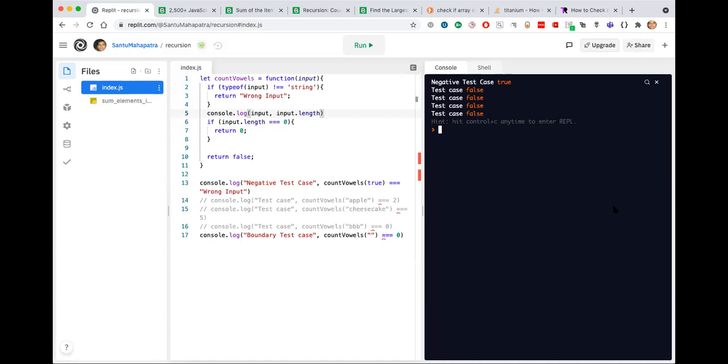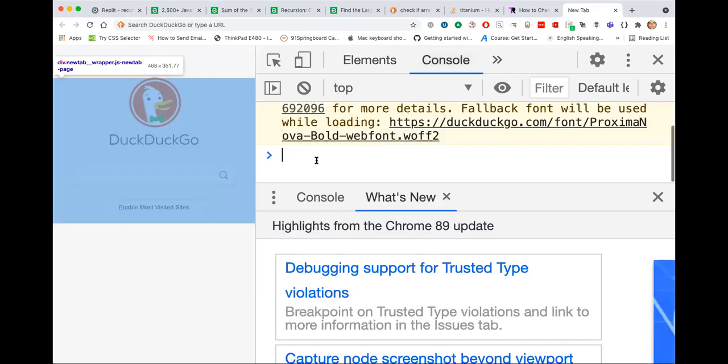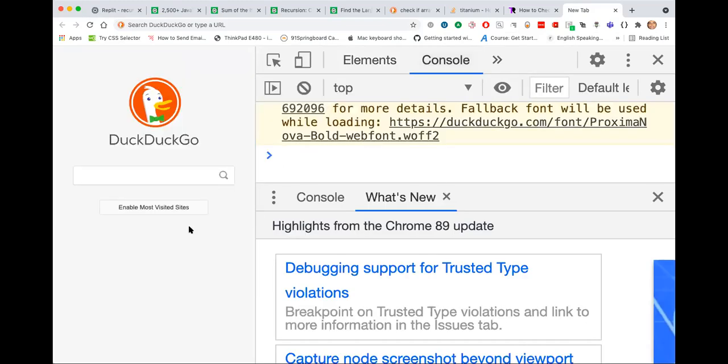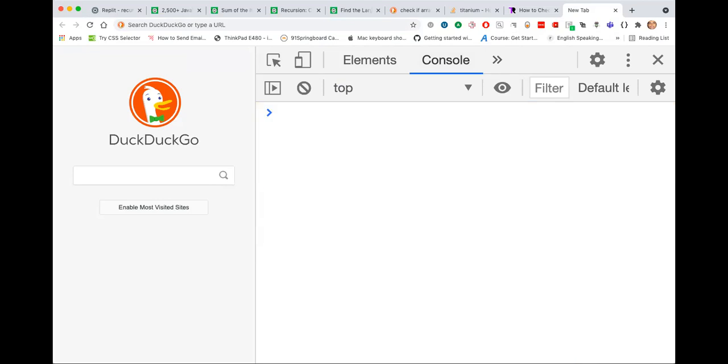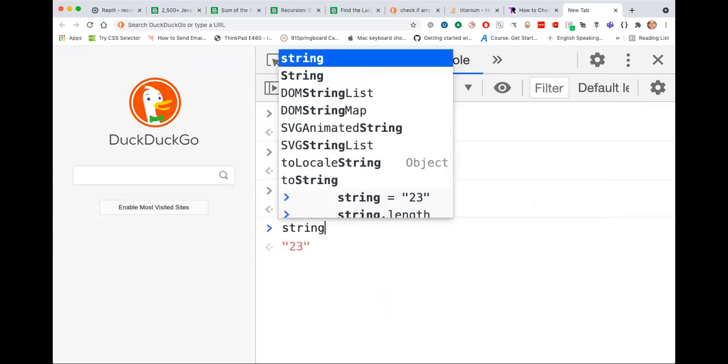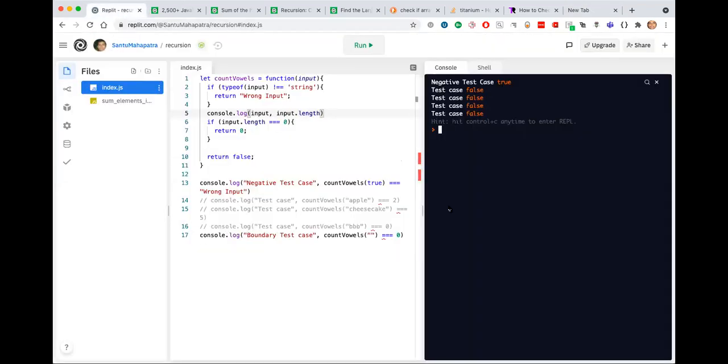Either Replit is failing or my computer is. Let me run it one more time.